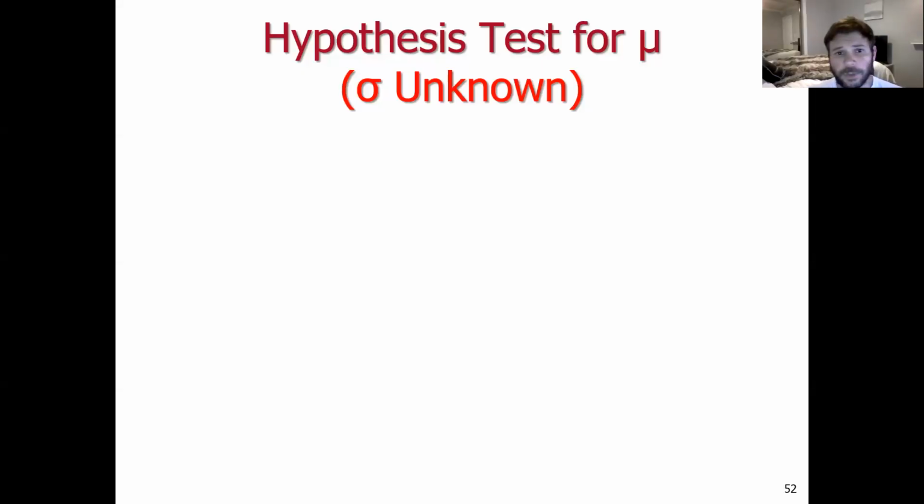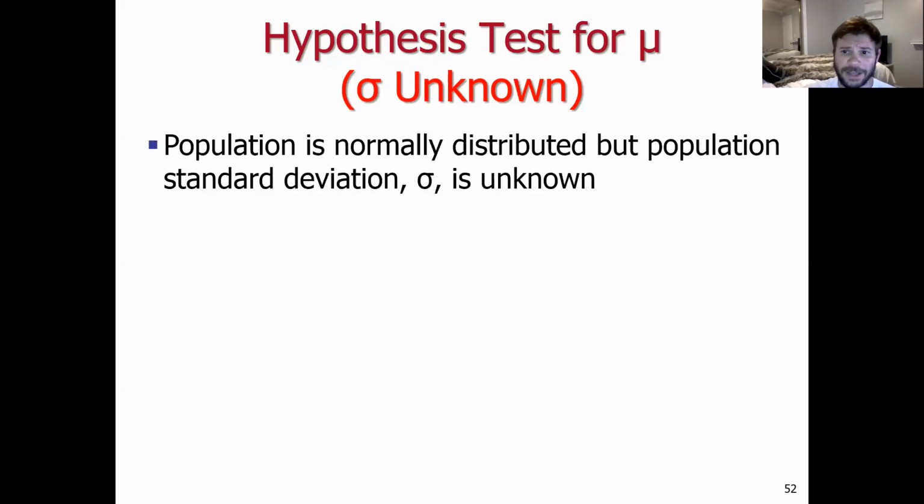In this segment, we're going to talk about how to conduct a hypothesis test for the population mean when we have to estimate sigma. We don't know the population standard deviation, so we're going to wind up estimating it from sample data. And recall, we've seen this situation before where we had to use some small sample assumptions related to the t-distribution. And that is really the framework we're going to be in here, thinking about utilizing the t-distribution in cases where